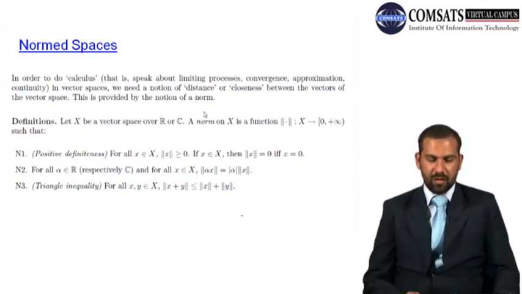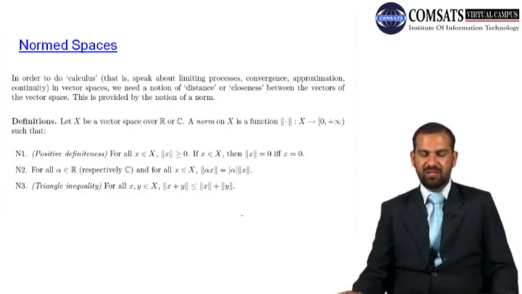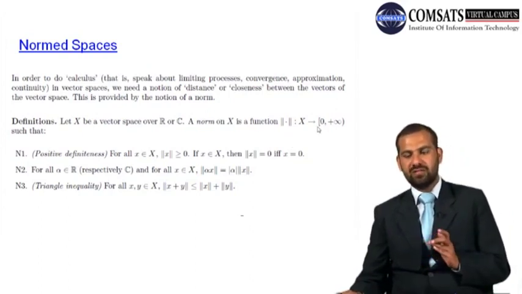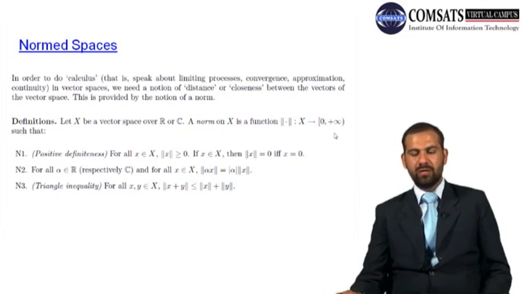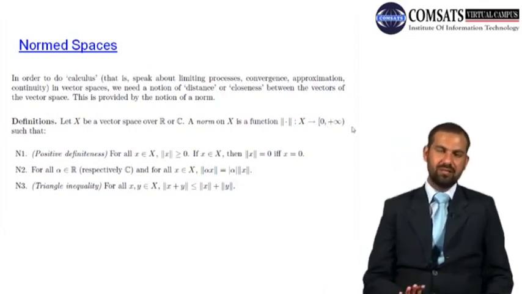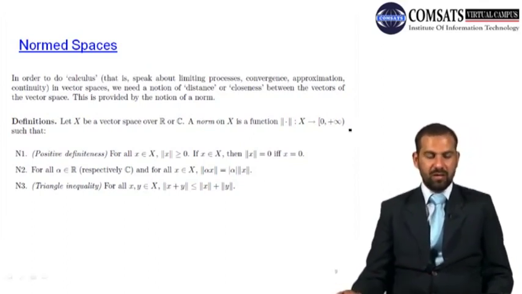Now positive definiteness also follows from the definition, meaning it's a function from X to the set of non-negative real numbers. Since the range set is from 0 to infinity, there is no chance that you obtain negative elements. The second characteristic of a norm space is that for all alpha belonging to the set R,